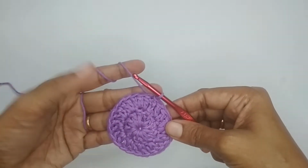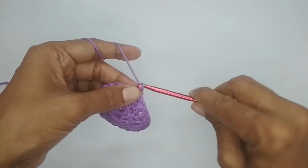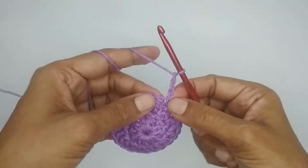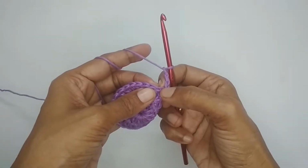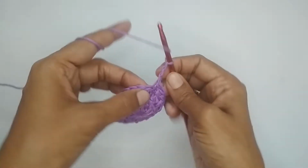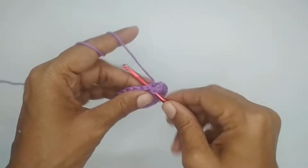Now round 3 is a V-stitch round. So for that, again we are going to start with 3 chain stitch, 1, 2 and 3, and this will be counted as a double crochet. What we'll do is we will skip the next stitch. So this is our next stitch. I'm going to skip that and come directly to this stitch. So I'm skipping this stitch and going directly to the next stitch and making a double crochet